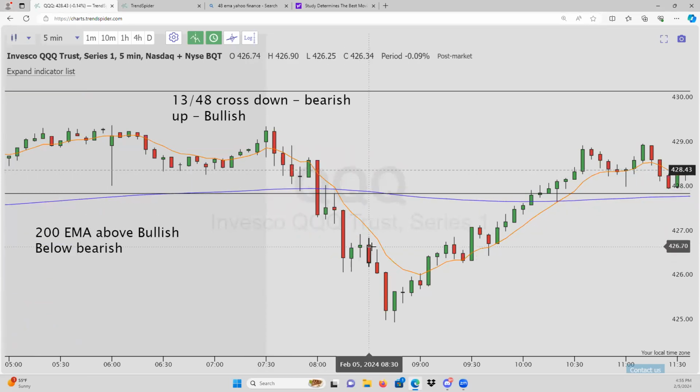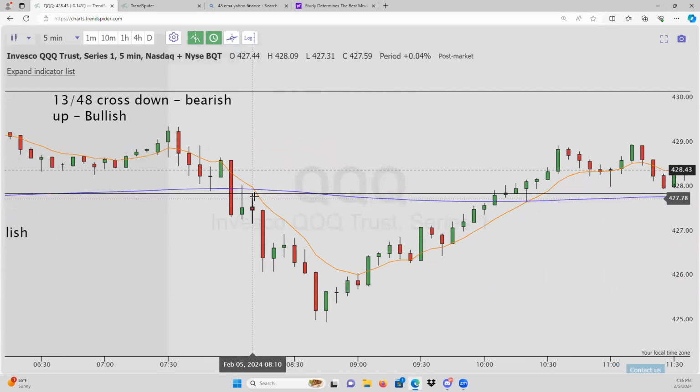Now we can stay in the trend as long as we are below this 8 EMA, right? So the 8 EMA acts as a trend indicator. Now it can also act as a re-entry. But for this instance, right, we took this entry here. We can stay in this trade and sell runners as long as we are below this 8 EMA, right? Because we're in puts. As long as we're below this is our trend, we can now stay in this trade until we have a full break and hold over, right? So until this trend breaks, right? So now we're in this trend, and now that trend's breaking.